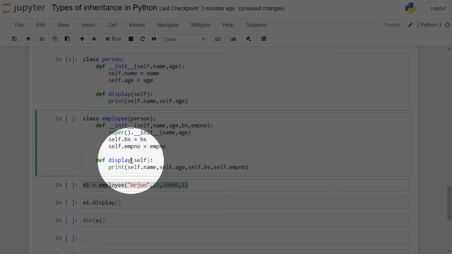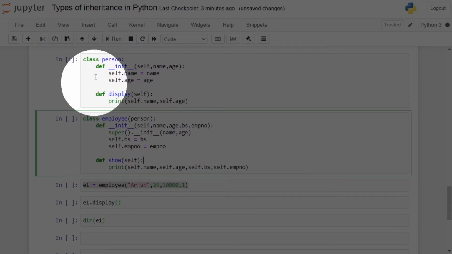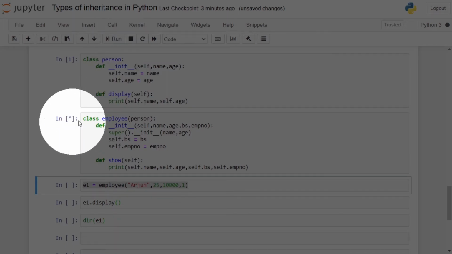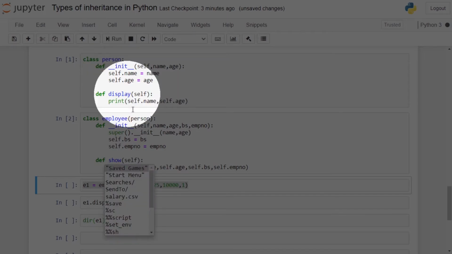It has one more function show which is displaying the information of name, age, basic salary and employee number of employee. Click on the cell, run the cell. You have created derived class employee which is inheriting the feature of base class person.